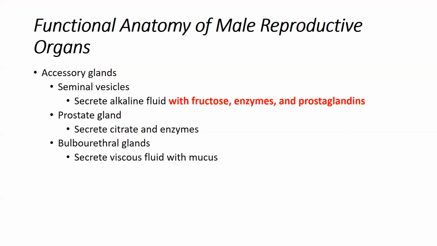The prostate gland secretes citrate and enzymes. Again, these enzymes are performing a similar function. The bulbourethral gland secretes viscous fluid with mucus. And having this thick viscous fluid with mucus is another way to help prevent any bacteria from getting into this tract, prevent any sort of outside pathogens from being